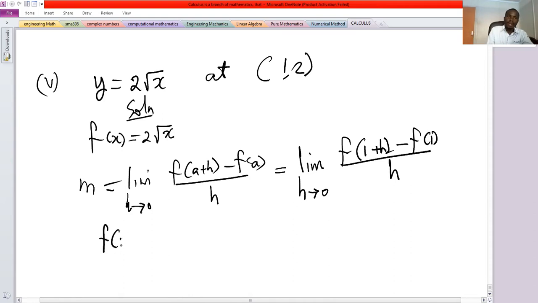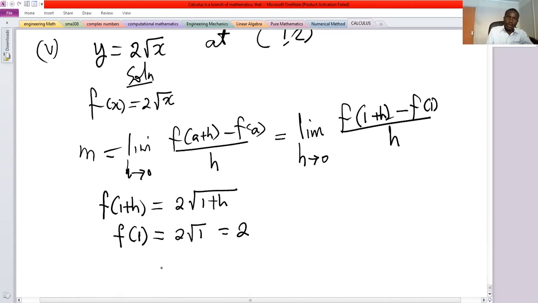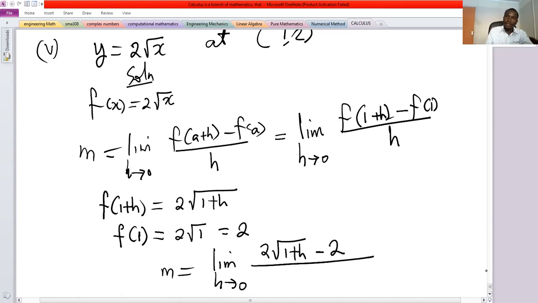Now f of 1 plus h will be 2 square root of 1 plus h, and f of 1 will be 2 root 1, which are the same as 2. So m will be limit as h approaches 0 of 2 root 1 plus h minus 2